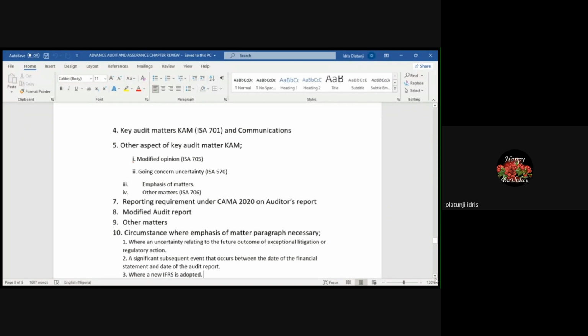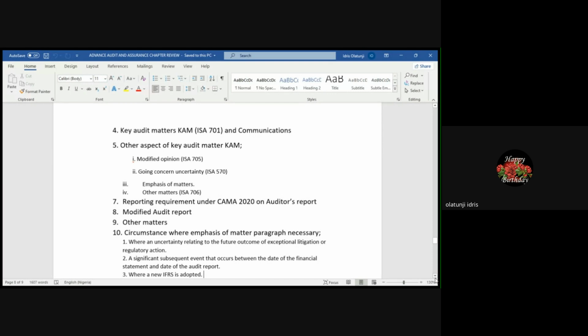So this is where we are going to. One person asked me, so who was the person that asked me the going concern paragraph that time? Okay, let me just explain. So let me just explain that aspect. So by then, let me just proceed. So when we get to that aspect, we can